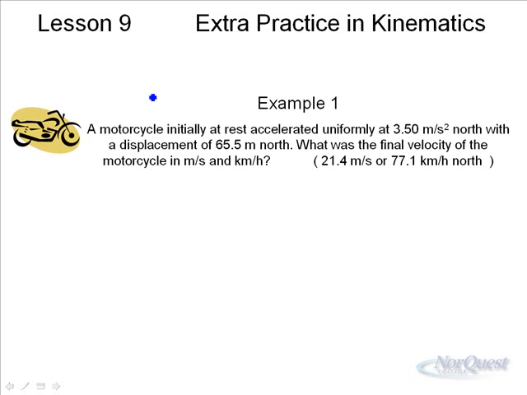So example number 1: a motorcycle initially at rest accelerated uniformly at 3.5 meters per second squared north with a displacement of 65.5. What is the final velocity of the motorcycle in meters per second and kilometers per hour? So the initial velocity was 0 because the object is at rest, the acceleration is 3.5 meters per second